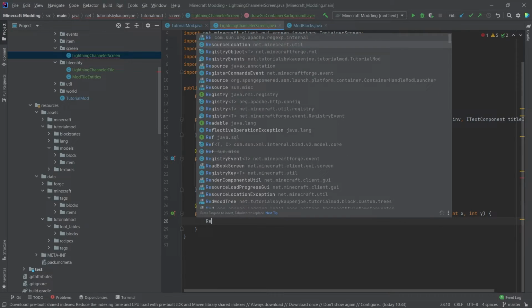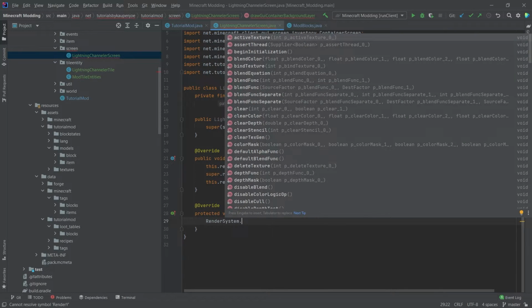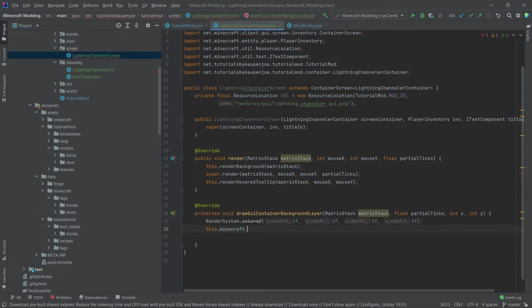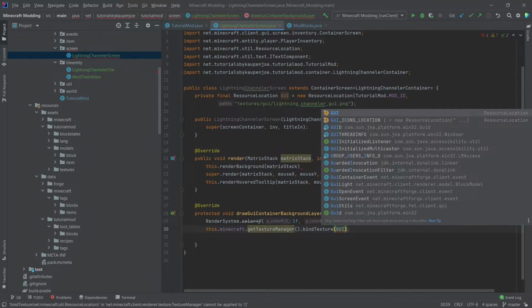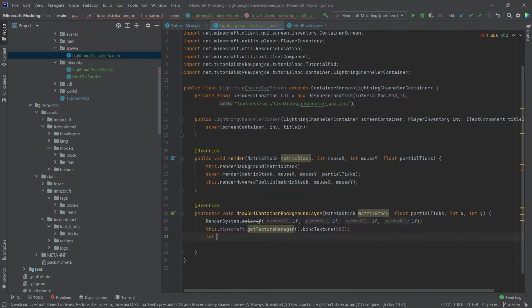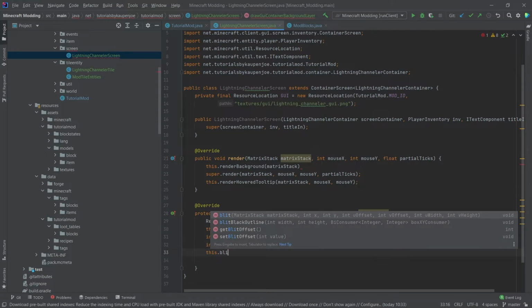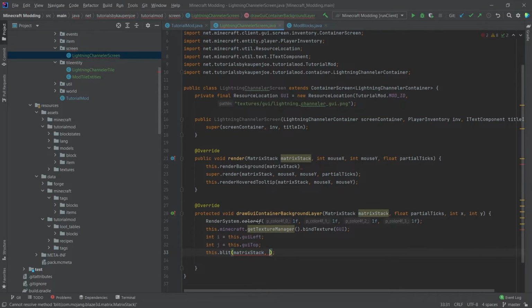What is going on here? Well, first of all, we're going to call RenderSystem.color4f with 1f, 1f, 1f, and 1f. Then we're going to call this.minecraft.getTextureManager.bindTexture(GUI). There you go. And then we're going to create a new integer i, which is this.guiLeft. So this will be the topmost left pixel of this GUI, and then j is the pixel guiTop. this.blit with matrixStack, i,